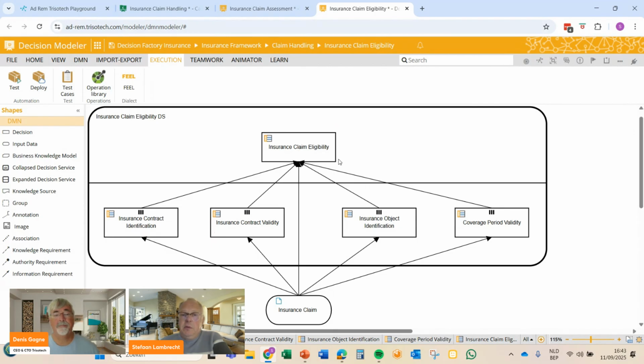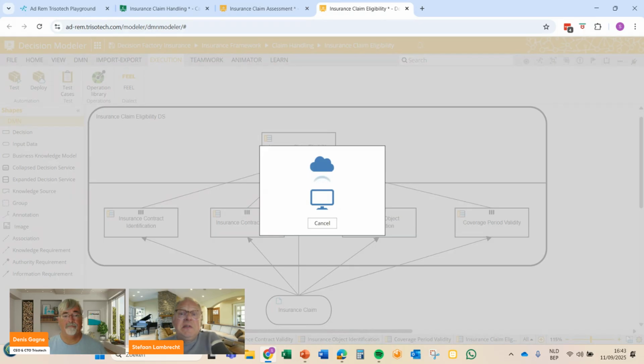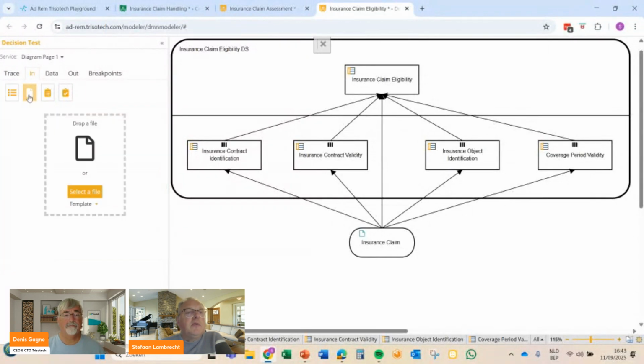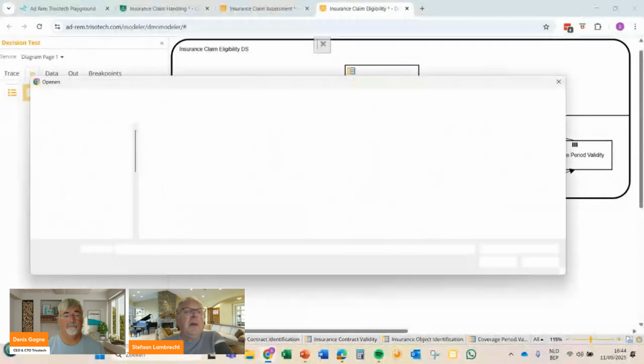Yeah, indeed. The result of this will be exposed, and you will also see it. And in fact, this is the input that is needed. What I'm starting off at whatever level, and that's the way I built this kind of decision models, is I always pass the entire information about the claim and then pick out the data that we would need. So what I'm going to show you is how you could test this. And here you see you get a form that you could fill in. But I'm going to take a small shortcut here.